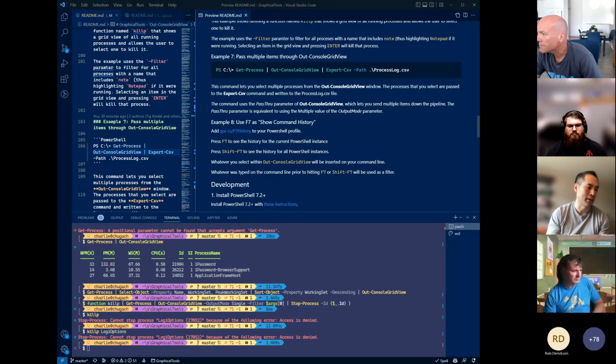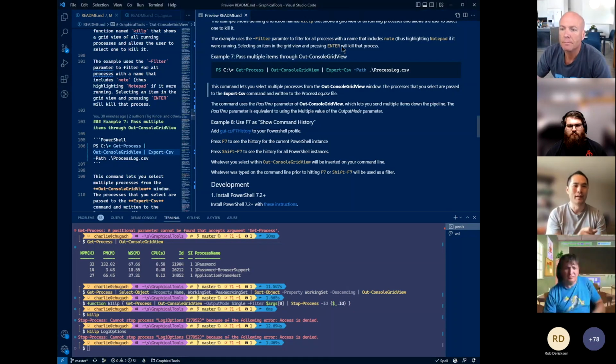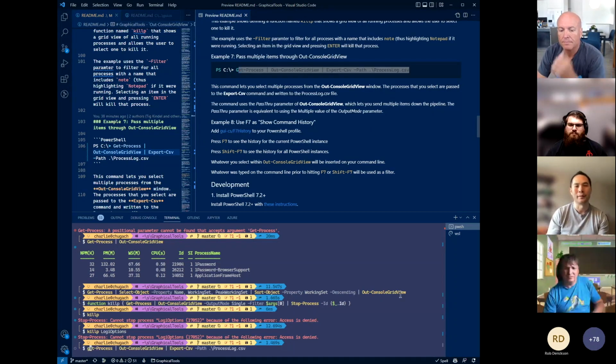Let me just add 2 things real quick that may not be obvious to people who are not familiar with text UIs, TUIs. Out-ConsoleGridView can be in the middle of a pipeline, right? So you could actually have something happening, emitting objects, and then have this as an interactive way for an IT pro or admin to select stuff, and then it continues executing against those objects. So that's one thing. The other thing is that one of the things I like about console GUIs is that you can use it in Cloud Shell, VS Code, Windows Terminal, iTerm2, over SSH, unlike a WPF app that generally won't work in those environments. So that's why I think I would love to see more investment in these kind of tools in the future.